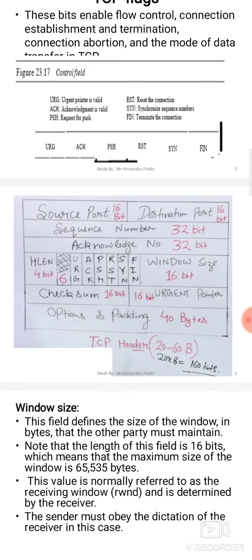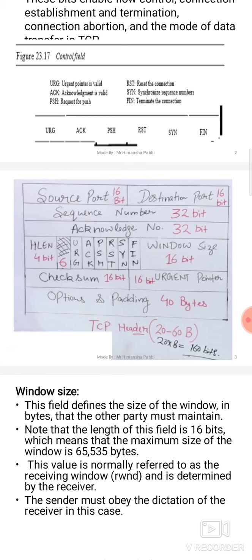So let's start. The TCP header contains the source port number and destination port number. These are the port numbers which are assigned to application programs. For example, if a student is sending an email, he will use the SMTP protocol. SMTP protocol's port number is 25.